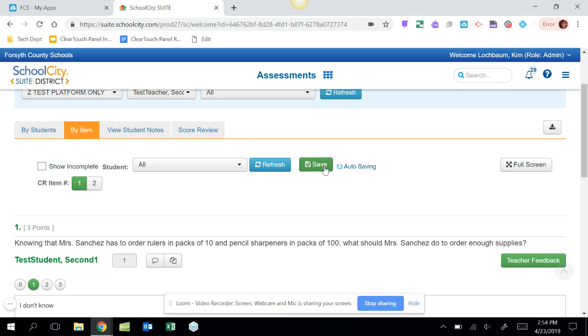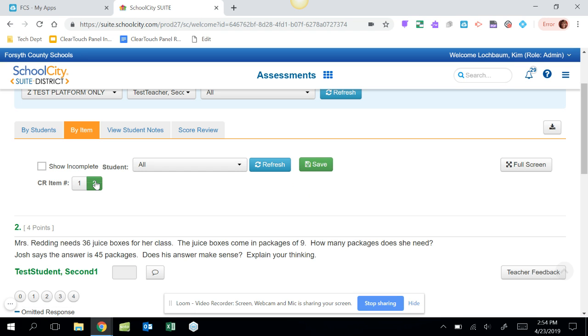So I'll save, and then notice I can toggle over. There were 2 constructed response items on this test. I can toggle over to the next one, and then I'm going to see the same students. This would be your actual student names right here. My students are named a little strangely, but this would actually be the first and last name of the students